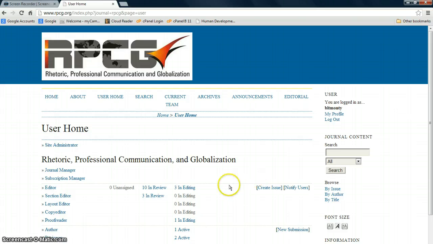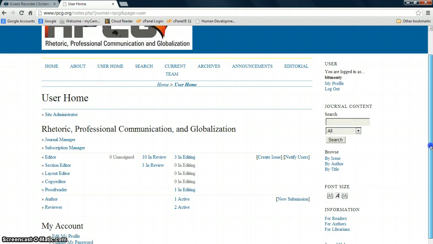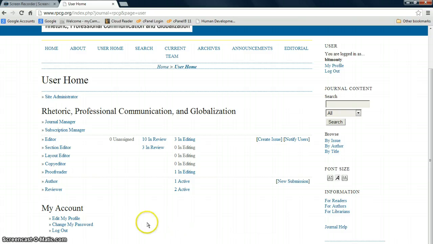Now, this home site's going to be a little different than yours because I'm actually the journal editor and the site administrator. But when you log in, you need to make sure that you click on the options as an author. And if you don't see this author option available, you need to go back through your login and your profile and make sure that you have this clicked on, so that you are an author. Once you have this author here, you click on New Submission,